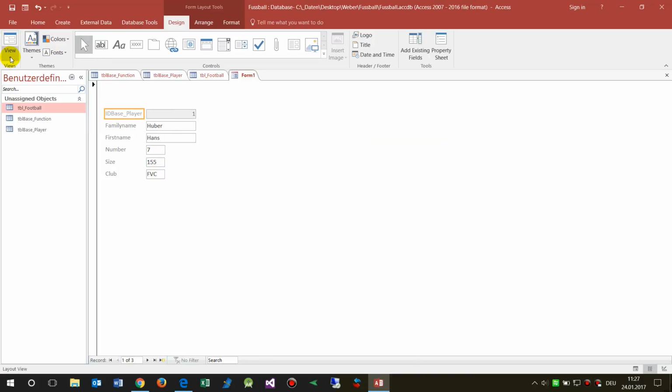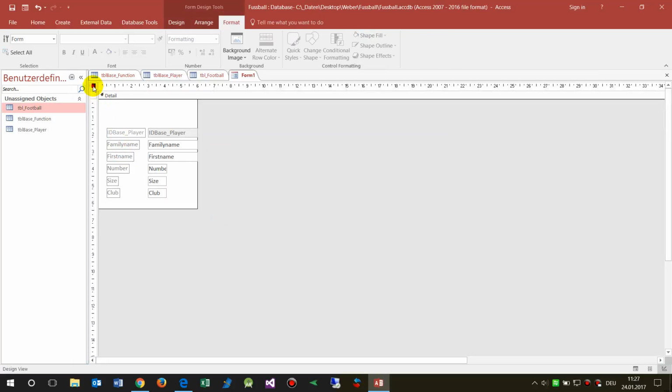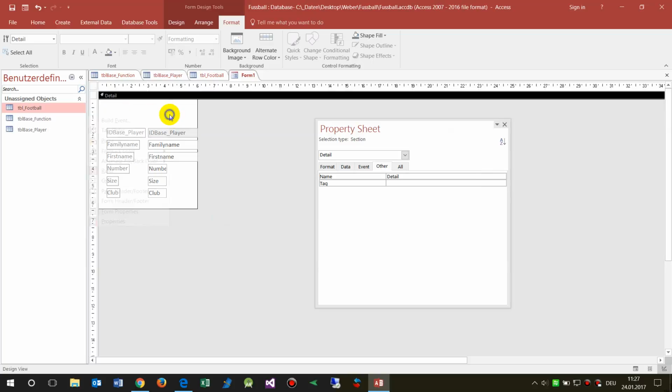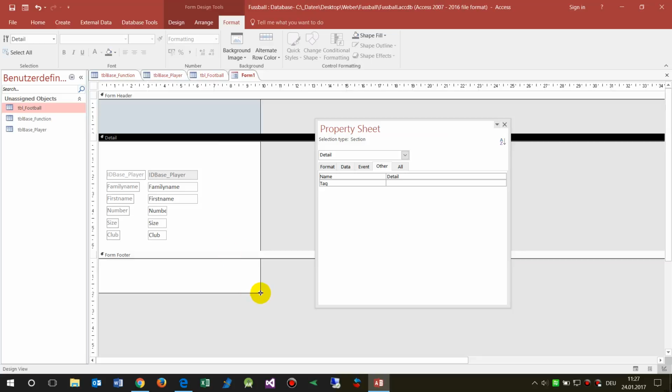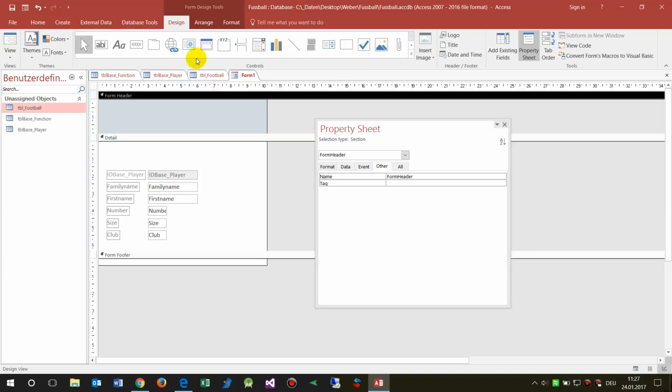So we go again to the design view, and then we say we want to see the header with the context menu. With the right mouse button you see the form header, and inside the form header we say okay, we want to look for something. We need a field there, either a selection field